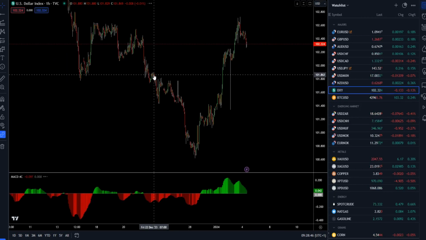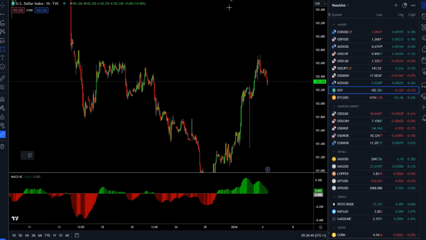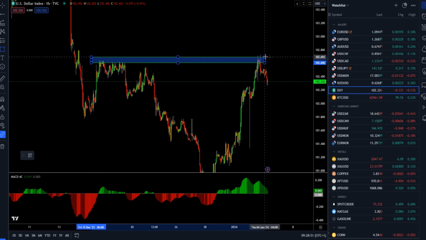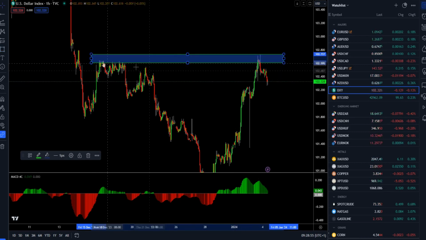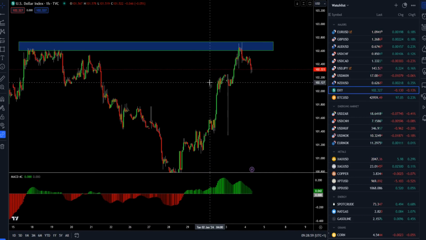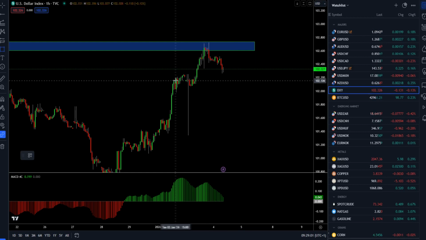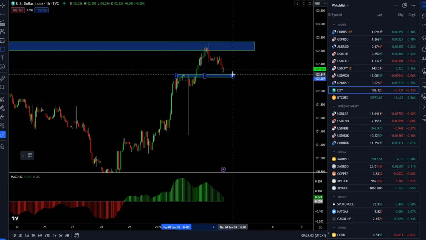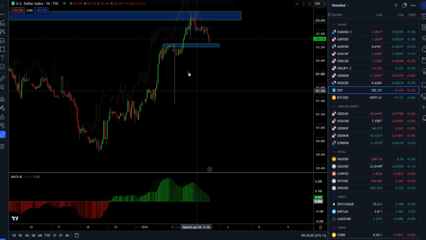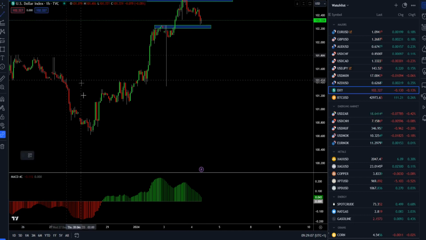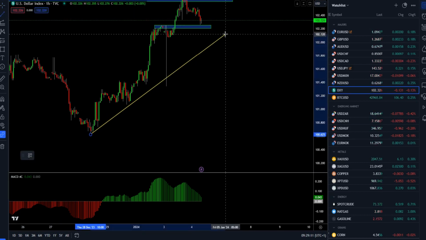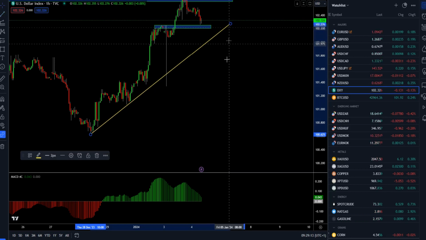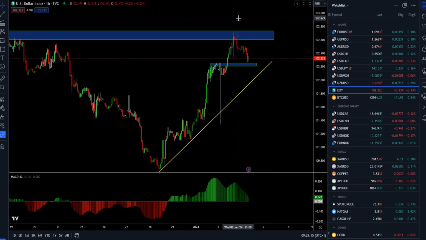Speaking of the dollar index, we can see that dollar index rejected of the 102.75 level. This is the exact level that we spoke on our previous update. But here we can see the previous swing highs. It may act like support, and still the dollar index is in an upside cycle relative to the last couple of days. So there is a chance that this is just a pullback,